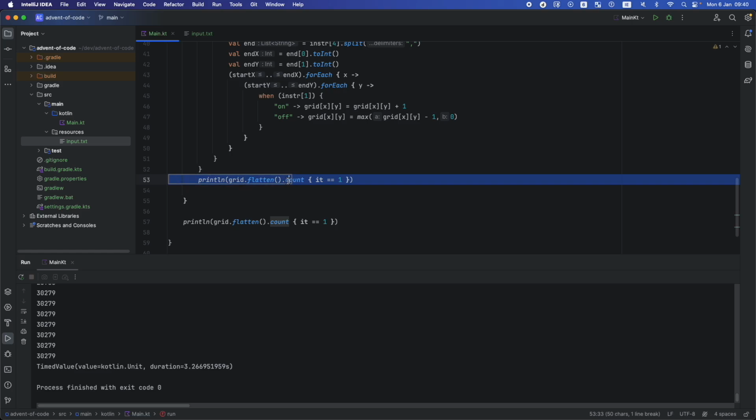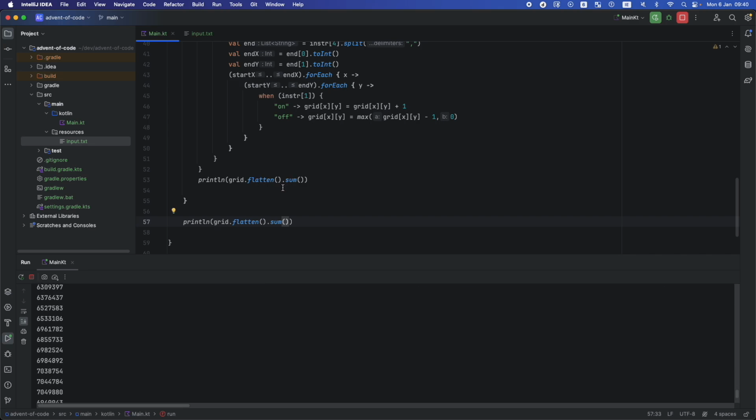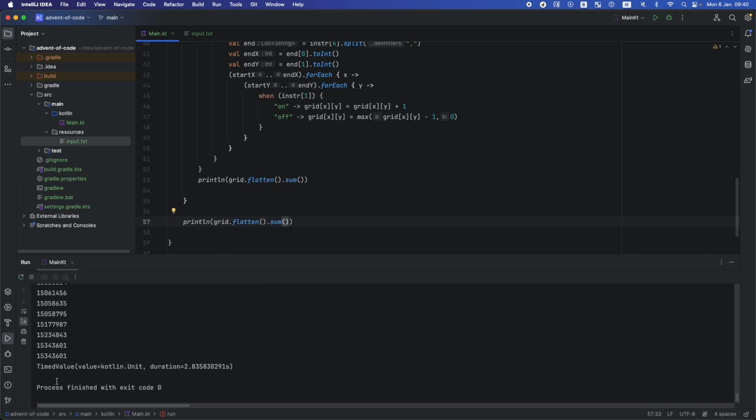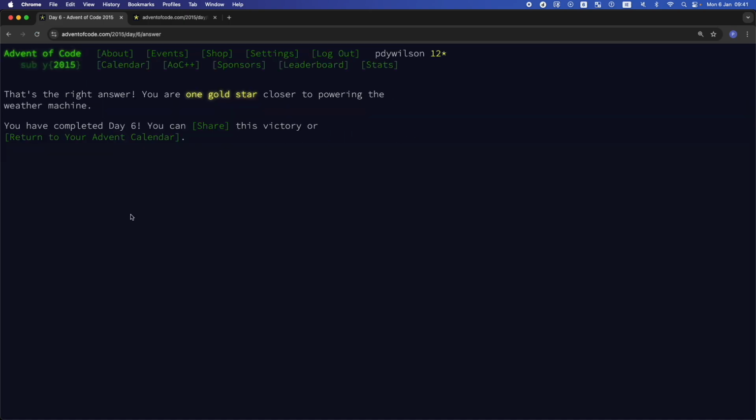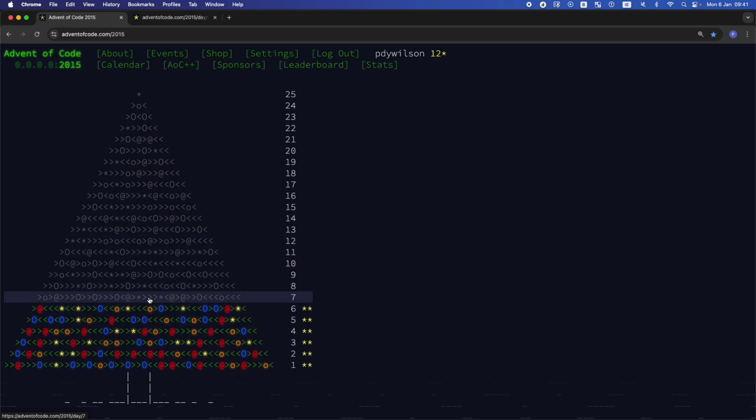Actually, I'm counting the ones and I'm increasing them higher to 1. So what I should do is sum anything in the grid. And then I should get a larger number. Yeah, 15 million makes way more sense than having a smaller number than part 1. Okay, that's correct. And we're done with